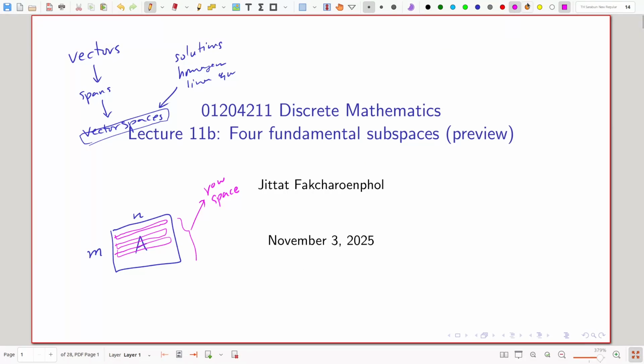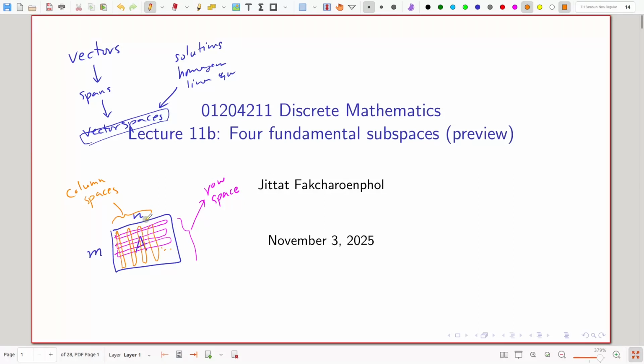On the other hand, you have n columns. If you take the span of these n columns, we get the column space. So these are 2 spaces associated with matrix A: row space and column space.